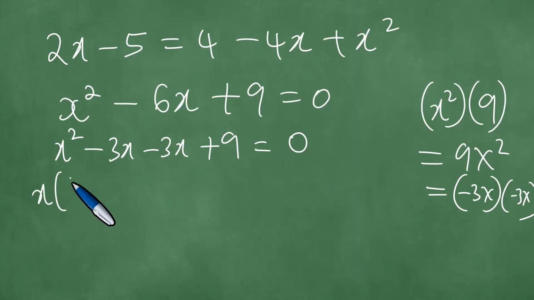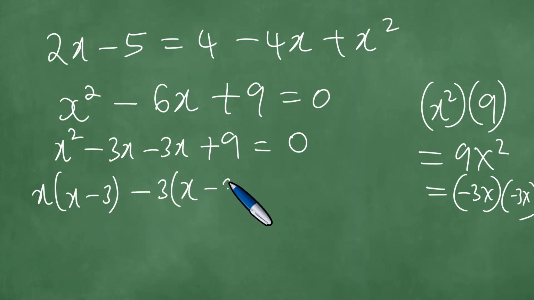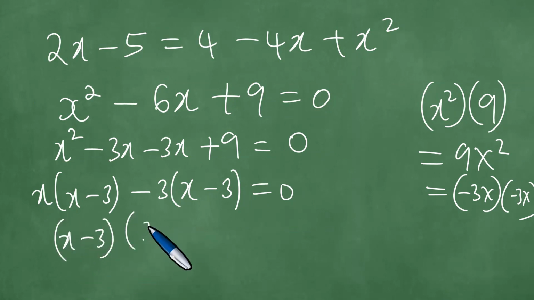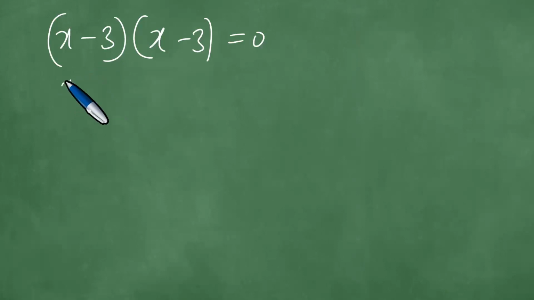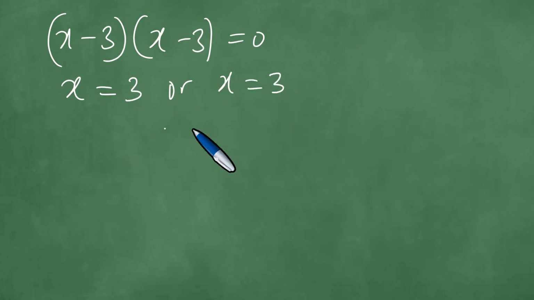And then now you factor out x from the first 2, which is x minus 3, and from the last 2, which is minus 3, x minus 3. X minus 3 equals 0. If you solve here, this means x is 3. But you need to check if x equals 3 satisfies the original equation. So, right, you need to check if you're given, for example,